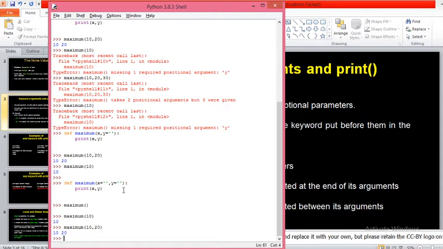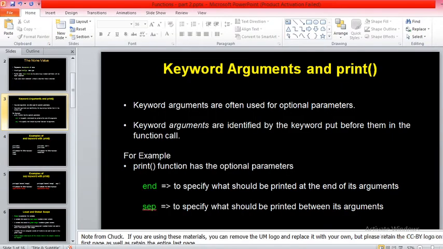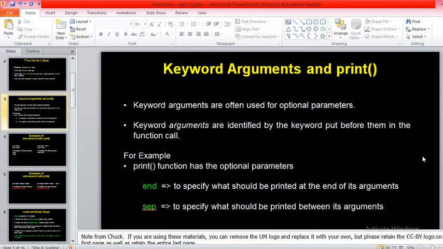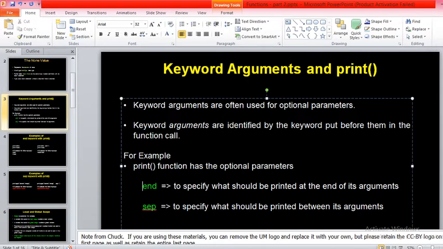Yes, sir. So like this, now with the print function. More about user defined functions and using optional parameters with them, you will study in the second module with the list and dictionary of Python. There we have more advantage of using optional parameters with lists and dictionaries. But now here we'll see these keyword arguments with the print function. Basically there are two keyword arguments for the print function. One is called end, another one is called sep, right?